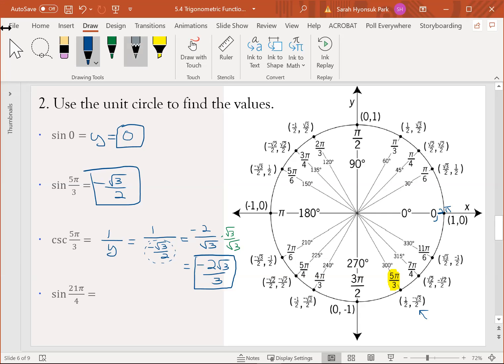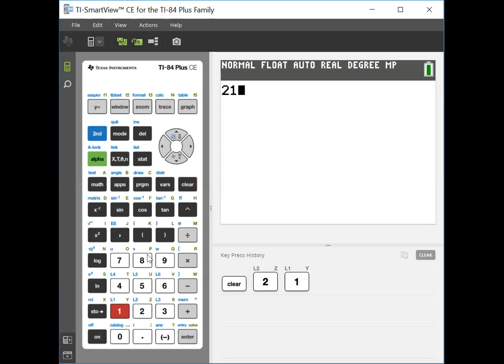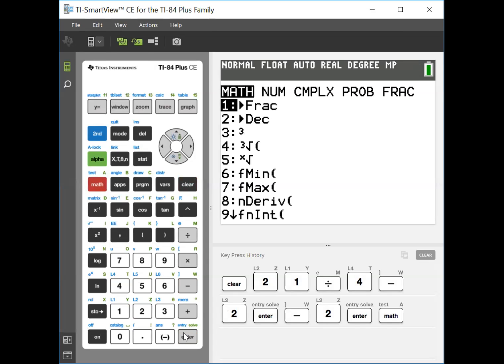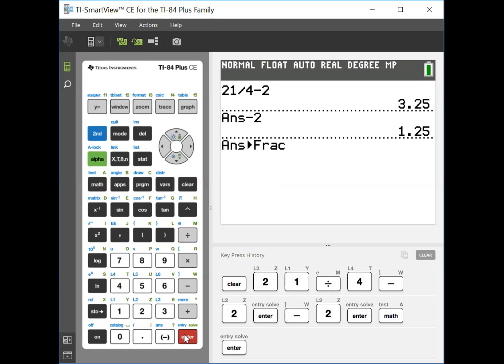So actually, I'm going to head over to my calculator and make my calculator do the work for me when I can. So it's 21 pi over 4. Again, you have to keep subtracting 2. You're kind of rewinding the unit circle until it gets on the unit circle. So that's 3.25. Subtract one more time, and you're subtracting until you get something lower than 2. 3.25 was still too big, still bigger than 2. I'm going to do it one more time at 1.25. Let's change that to a fraction. We have 5 over 4. Okay, so I know 21 pi over 4 is equivalent to